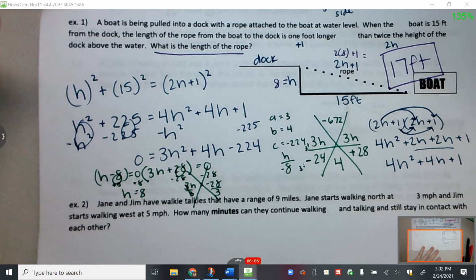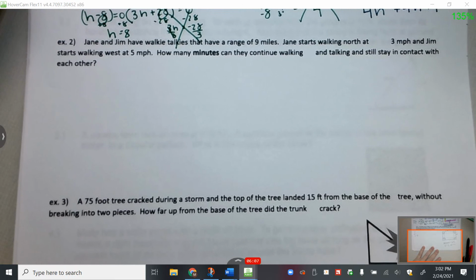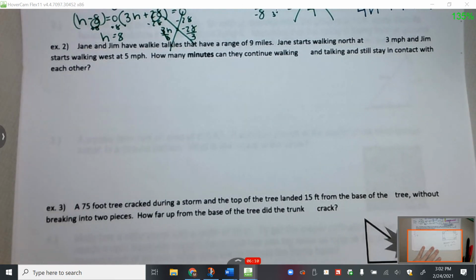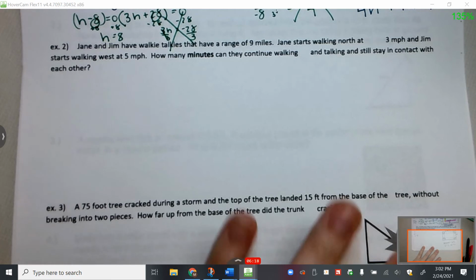Okay, so let's look at number 2. Jane and Jim have walkie-talkies that have a range of 9 miles. Jane starts walking north at 3 miles per hour, and Jim starts walking west at 5 miles per hour. So, first off,